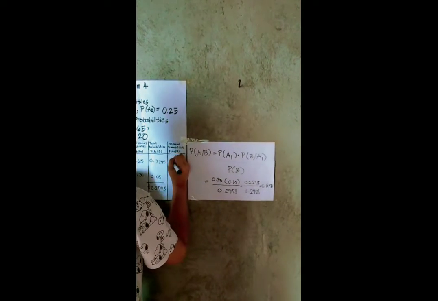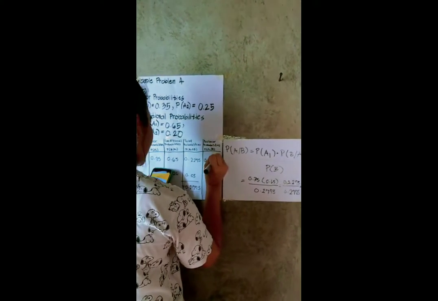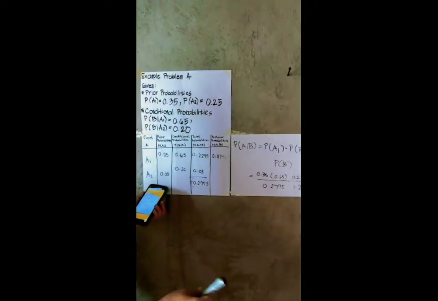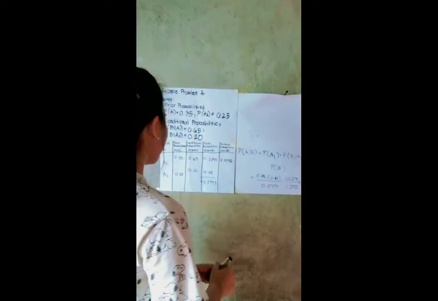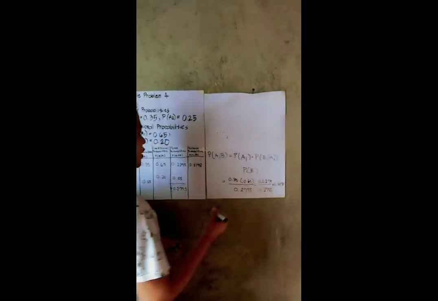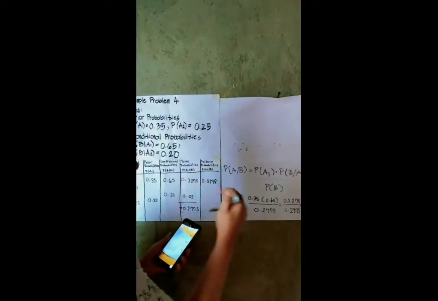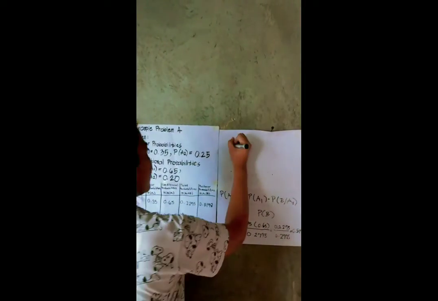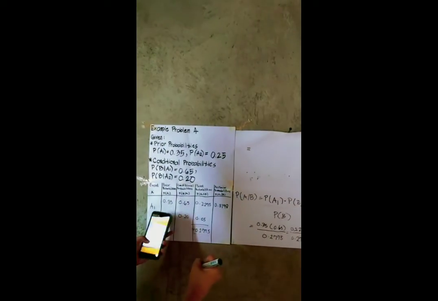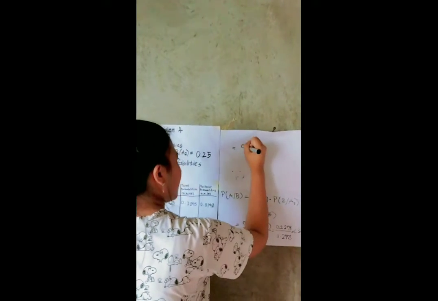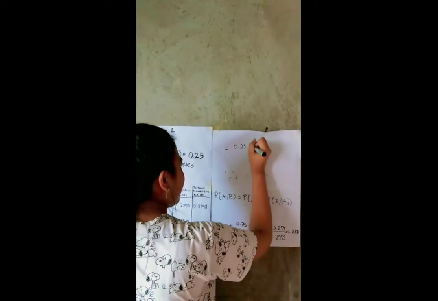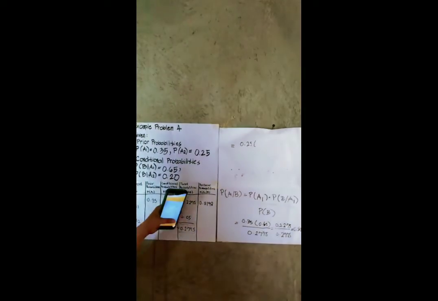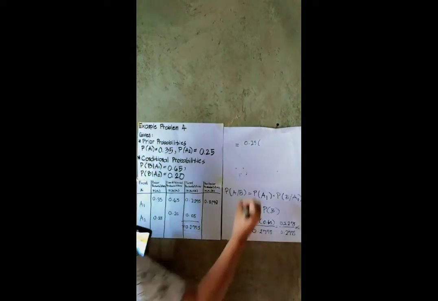Then copy 0.8198. Next, we get A sub 2. Then A sub 2 equals 0.25 multiplied by the conditional probability 0.20,